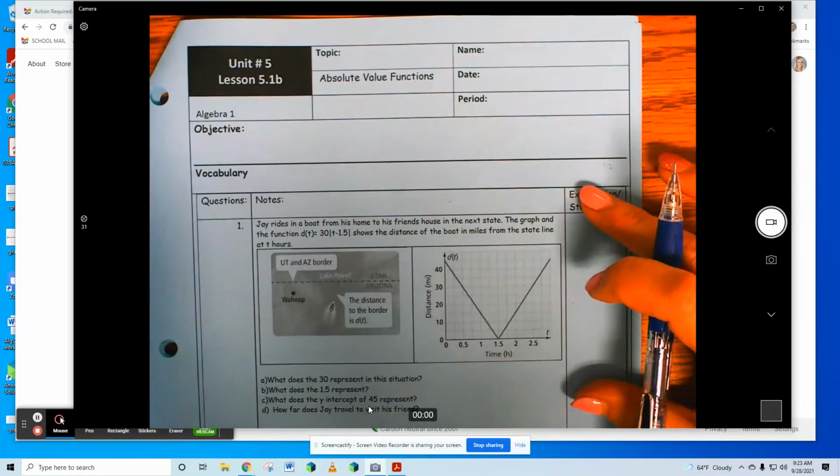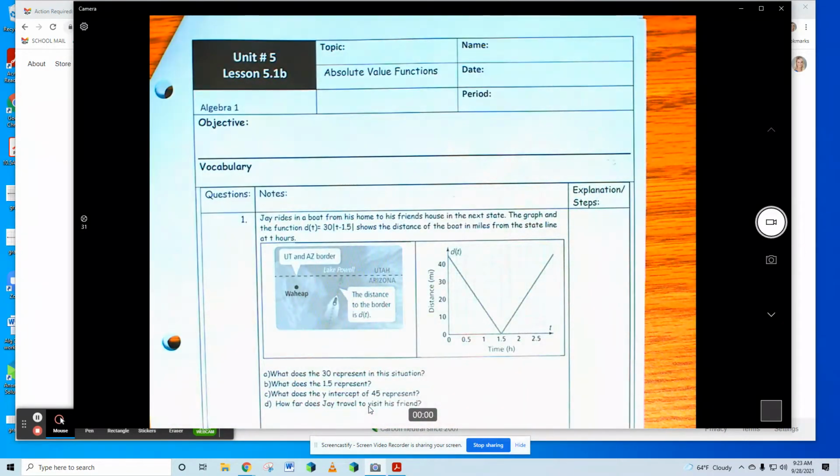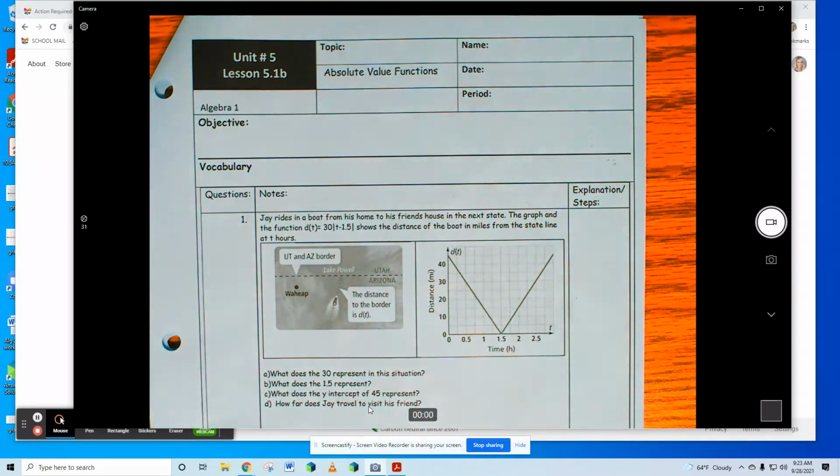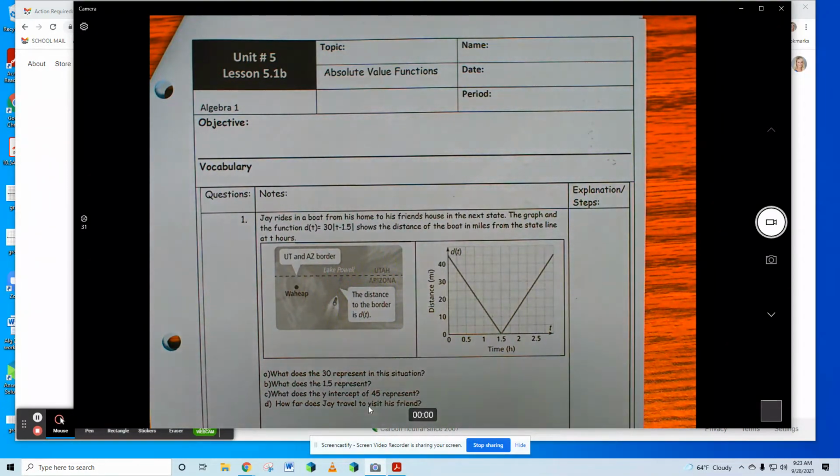So we're still doing absolute value functions. We're going to talk about when I would use an absolute value in real life. Like what kind of situation or what kind of math problem would I ever graph and my result would be an absolute value. So we're going to do some word problems and then we're going to talk about rate of change. So first off,